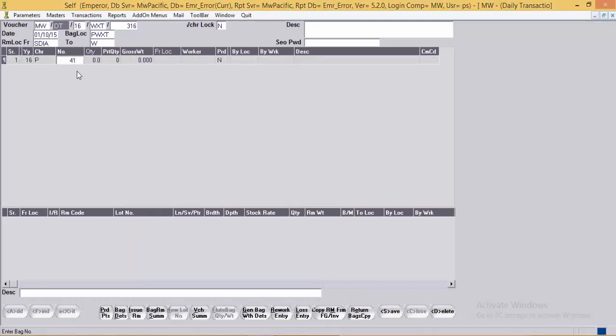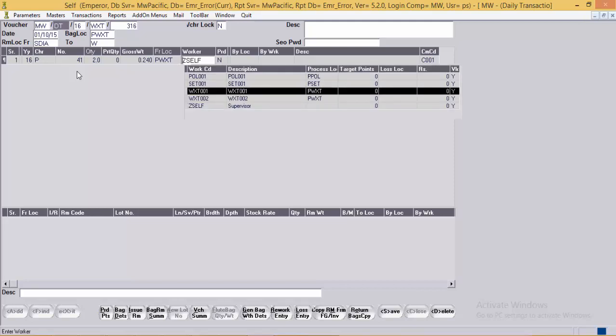The bag number. Now as the bag is with the supervisor of the department, the supervisor will assign this bag to a specific worker. For example, we take the worker as WXT001.